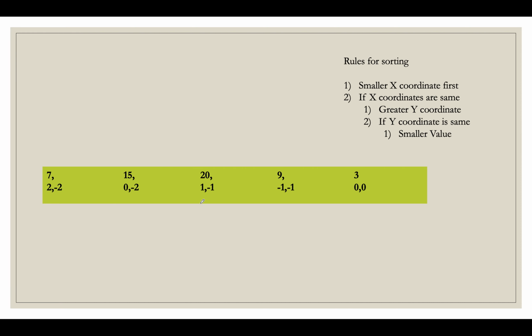Which element will be pulled out? The lowest x coordinate. Which one is the lowest x coordinate? This 9. So this will be pulled out, and no other element has minus 1 in the x index. Since it's the lowest index, we'll pull out 9. 9 comes first, and we'll create an array which has 9 dumped in it. So this gets removed. And we'll also store the x coordinate of this element, because whenever the x coordinate changes, we get to know that there has been a change in the level. So x identifies a change in the node.